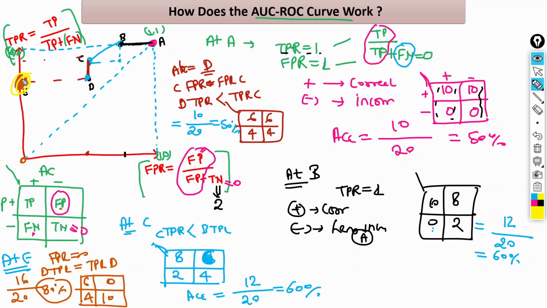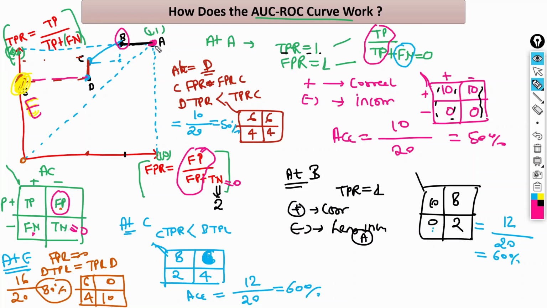It means at this particular point D, I am getting the best accuracy. So we can say the threshold at point E is good as compared to D, right? If you see here, at D I am getting 50%, but if you see point B, the threshold at point B is greater as compared to point A, right? So by the accuracy we can check whether our threshold is good or not.